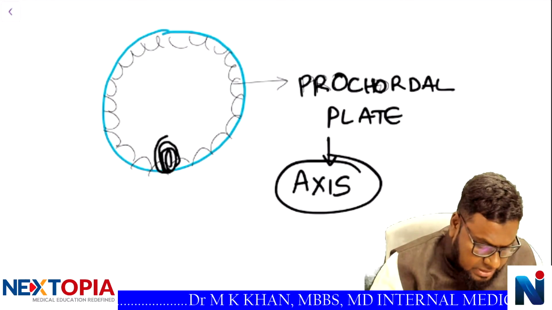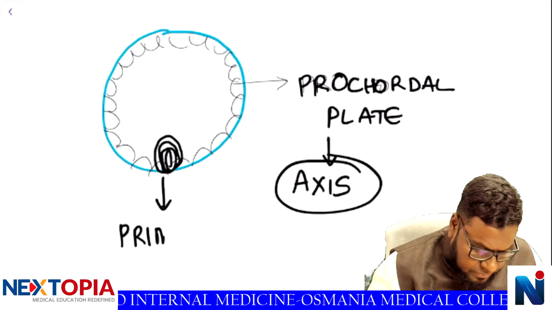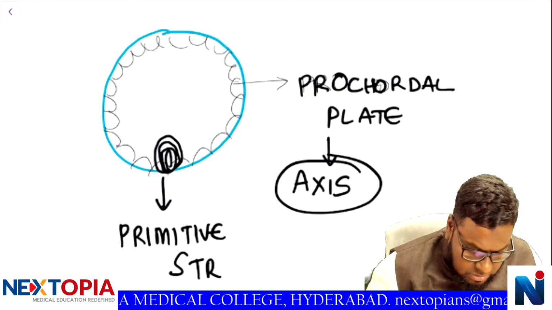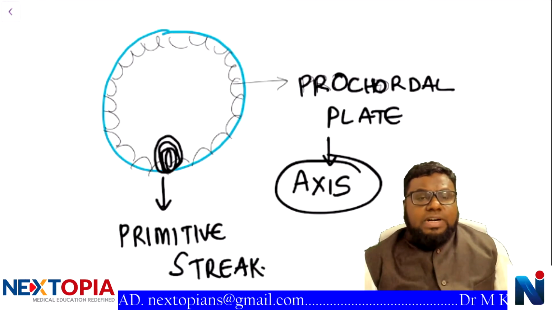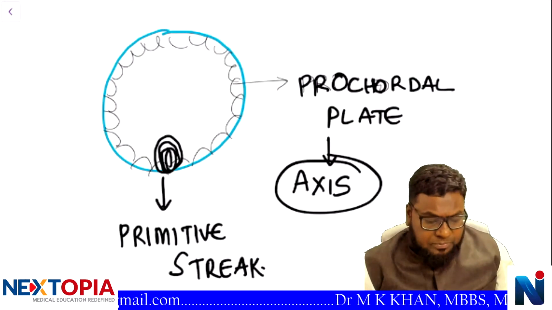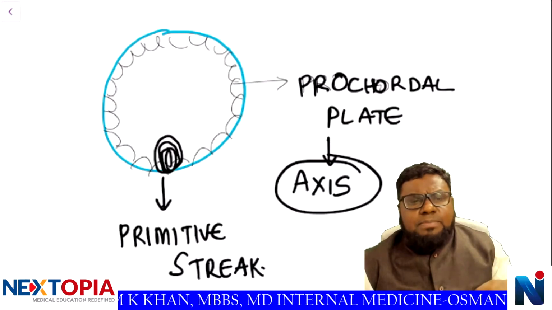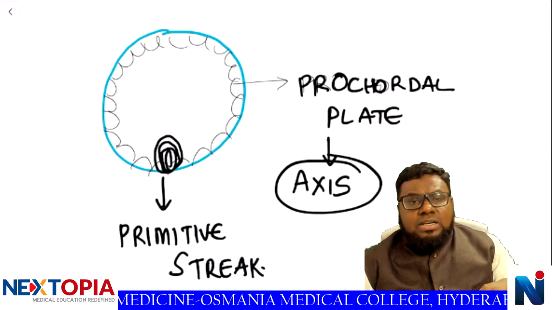You are calling this structure the primitive streak. You'll have to pay a lot of attention here because many new words you are learning. All right, a lot of attention. So what is the primitive streak? A small temporary or transient structure that forms at the tail end,